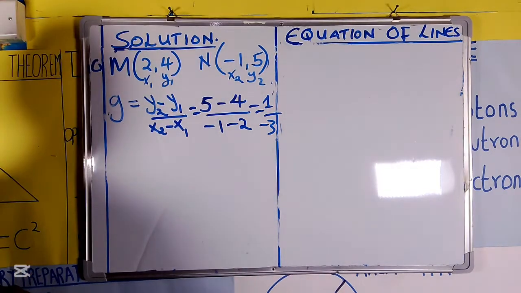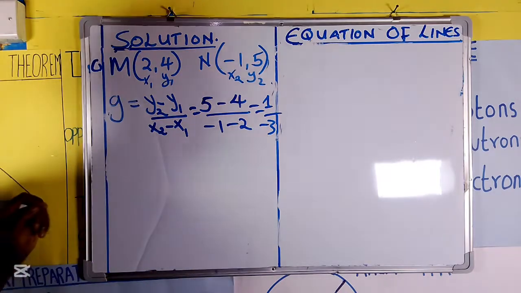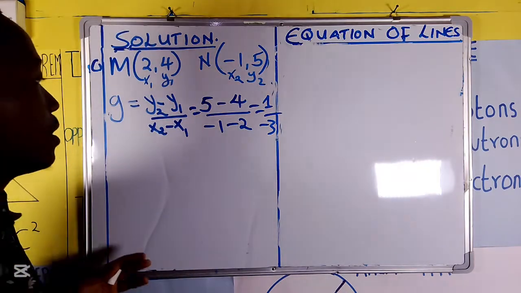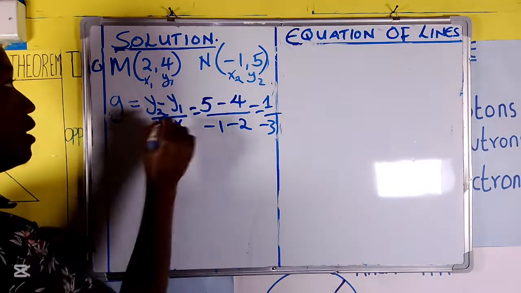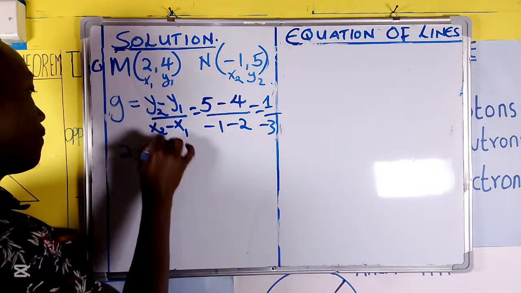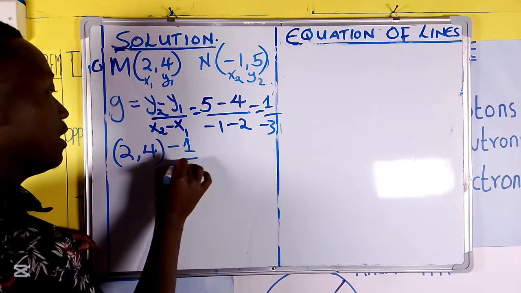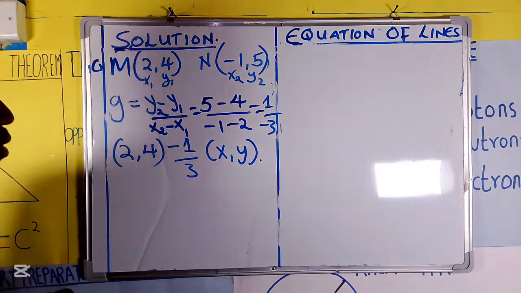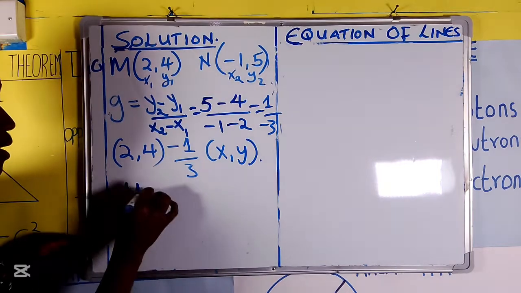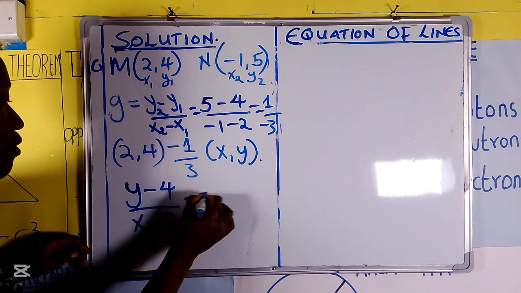Once we have that, we will now proceed. Our gradient is 1 over negative 3, or negative a third. So we will now proceed to finding the equation of a line. We can choose one coordinate to use here. In this case, let us choose to use 2, 4. Our gradient is negative 1 over 3, and our arbitrary points are x and y. So we will take y minus 4 over x minus 2 is equal to negative 1